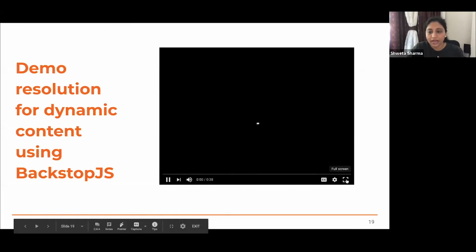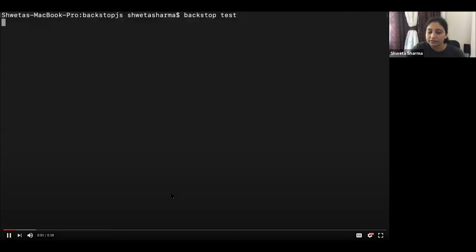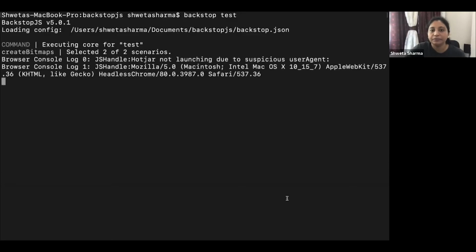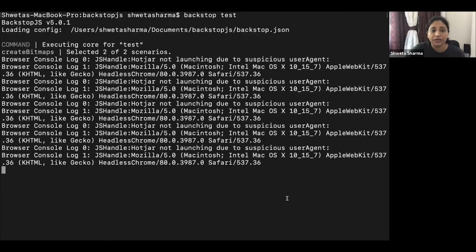Now let's see what happens after we've implemented this solution. Does our test pass or does it fail? So we're going to run backstop test again, this time with the hide and remove strategy implemented.